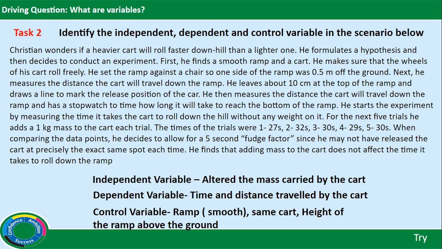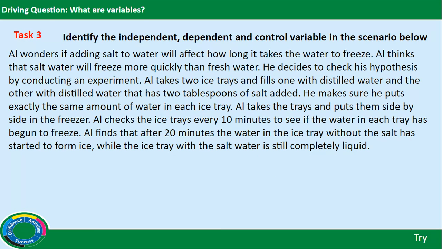So as you can see, in every experiment, you usually have a few control variables, at least 3, that you can measure, that you can say that you kept the same. These variables are kept the same. So I'm going to ask you to read the last scenario and identify the independent, dependent, and control